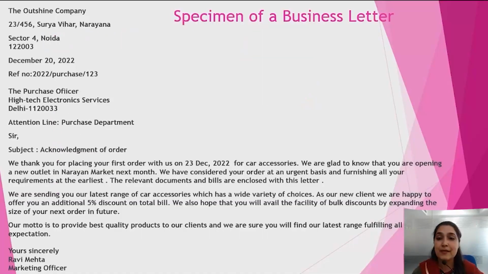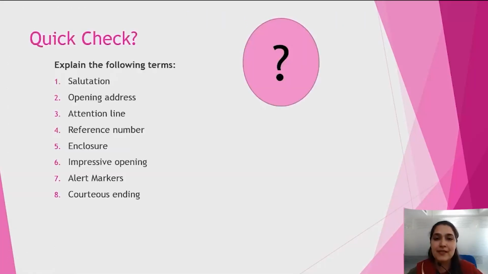Now this completes our business writing 1 topic 2 module. And now, just for a quick check, let us see how much progress you have made. So you all can kindly go through the following terms and try and explain them in your own words. So salutation, opening address, what is attention line, then what is reference number when we are talking of business communication, when we are talking of business letters, what do you mean by reference number, what is the purpose of enclosure